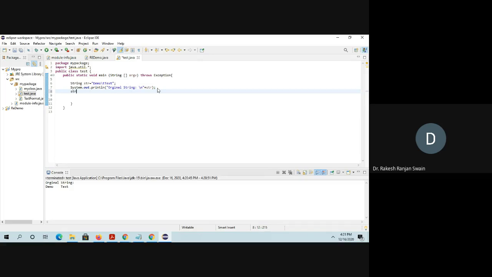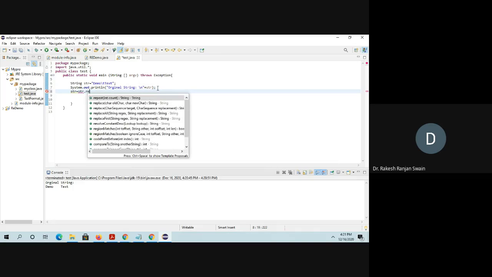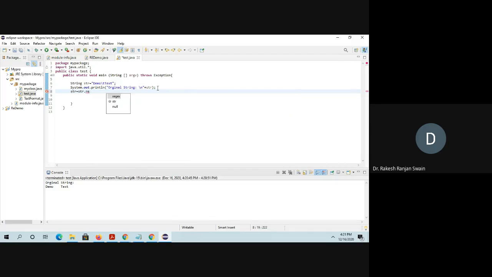str is nothing but str dot replaceAll, and in this replaceAll I am passing an expression. What is the expression, and what is the replacement?